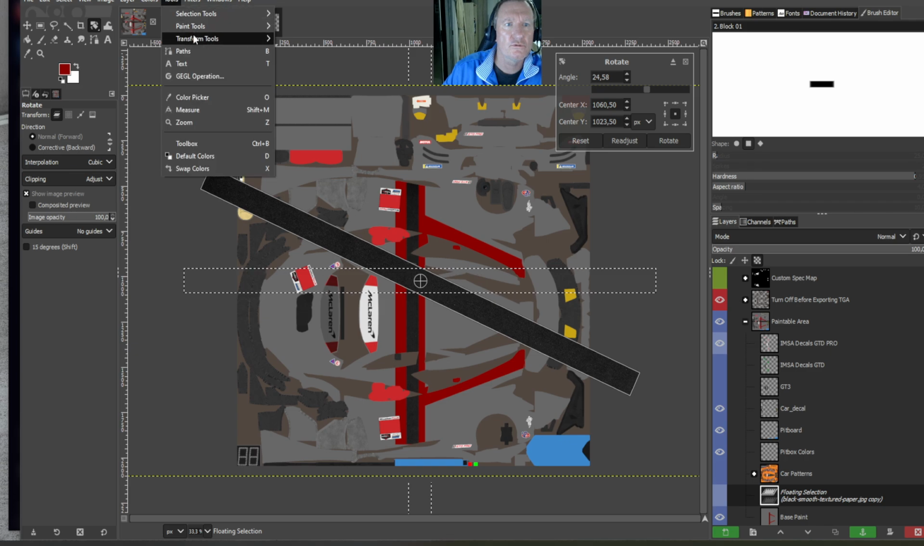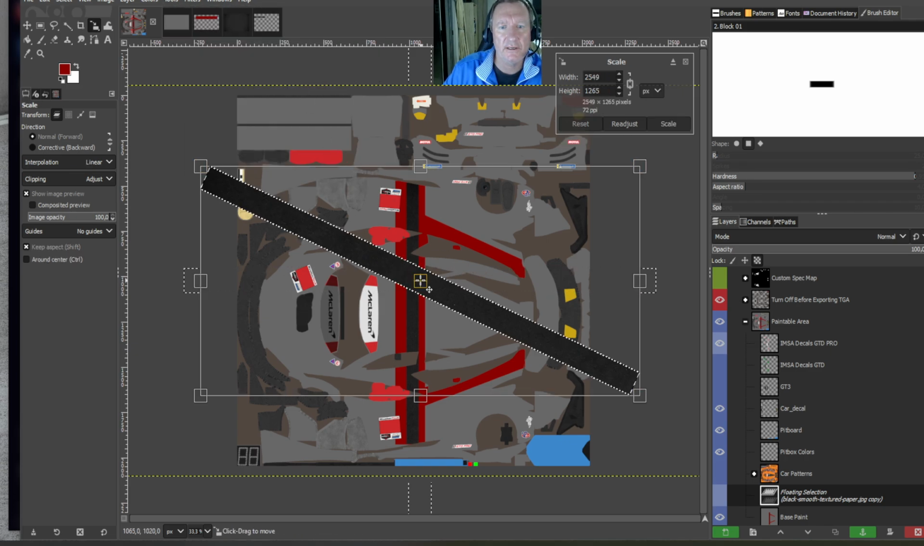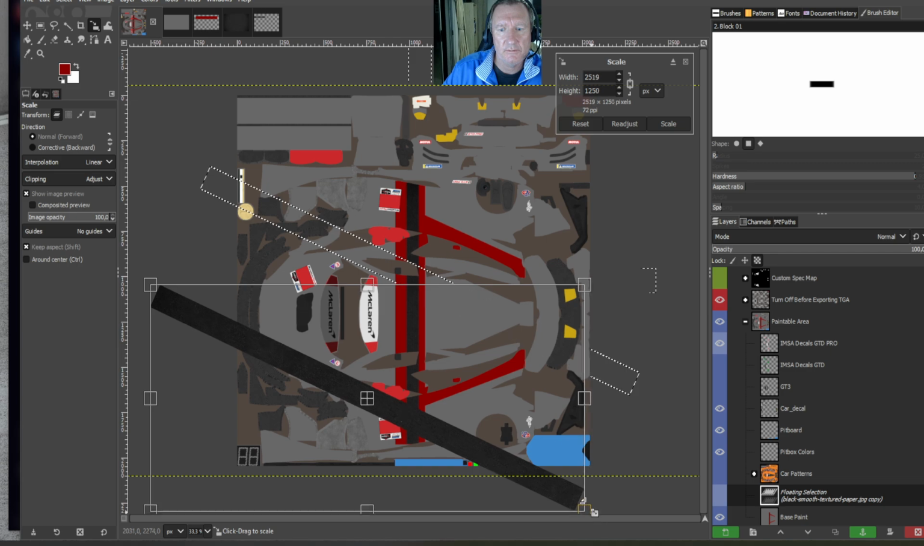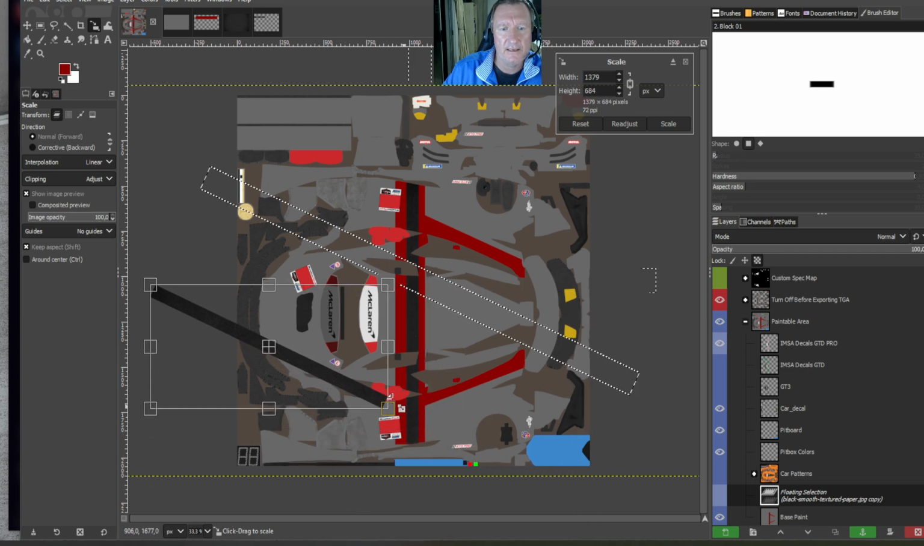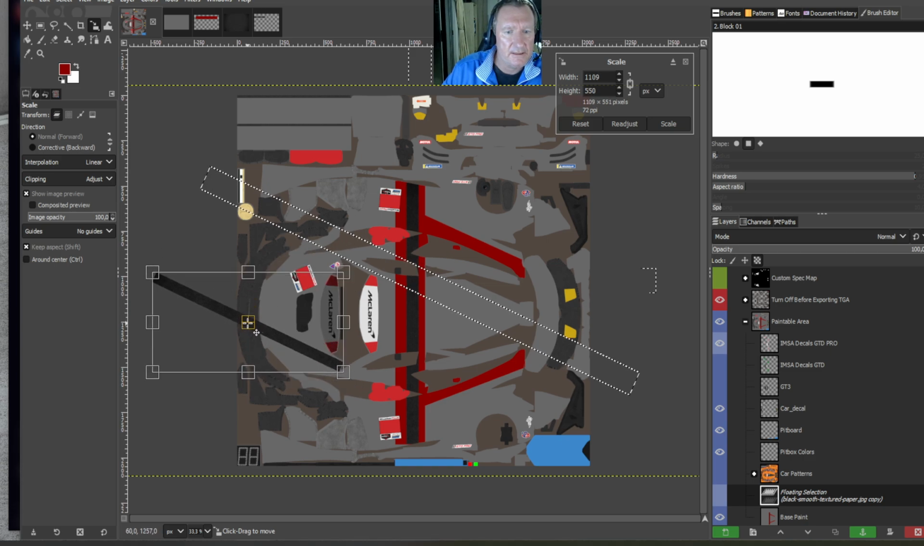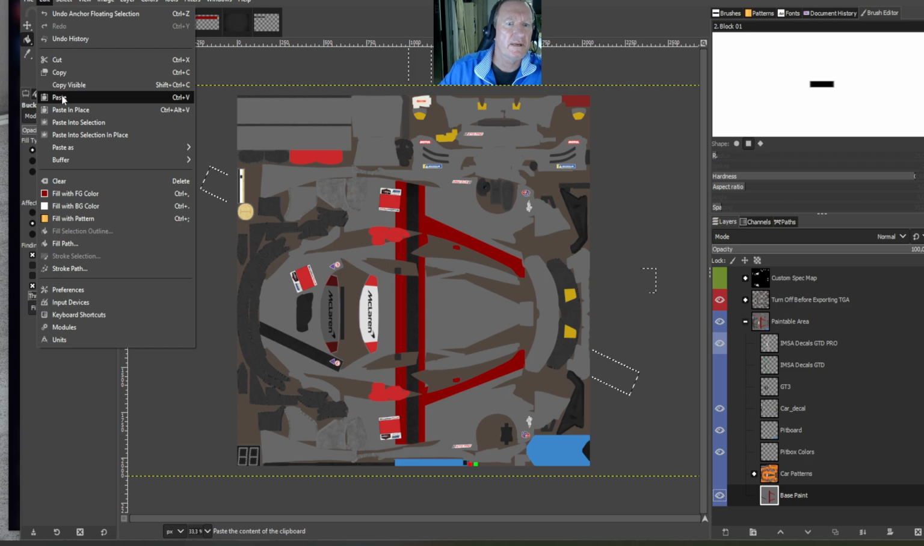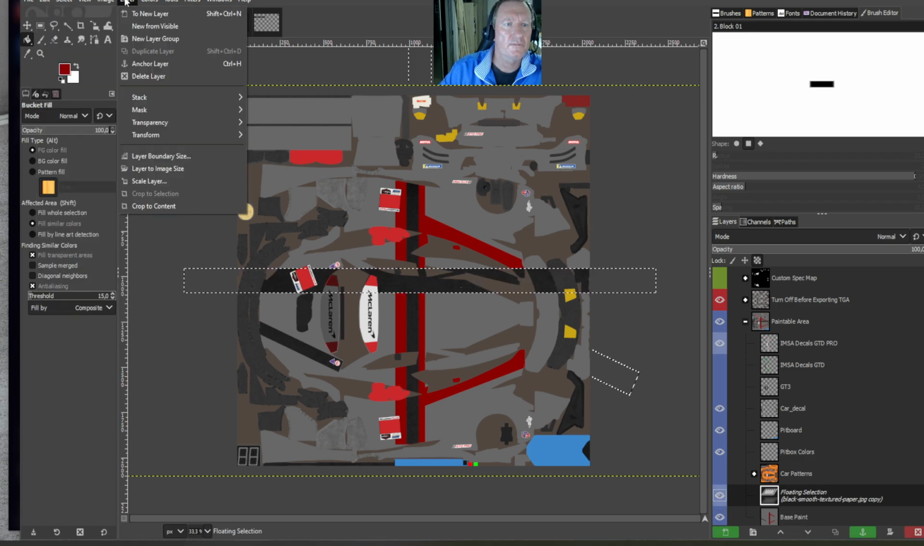Okay, tools, transform, scale. Now we've got to get it to size, and this is where you can get it to the right size. Okay, so let's say from there to there. Okay, you got to deselect it, go to anchor, anchor layer. Okay, copy and paste it again, layer,